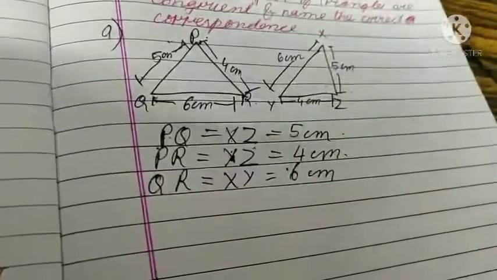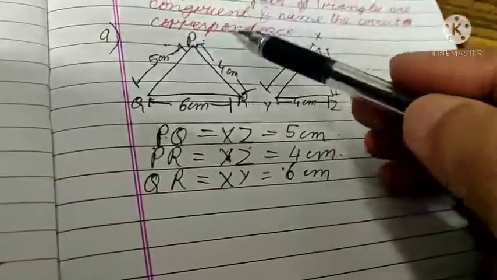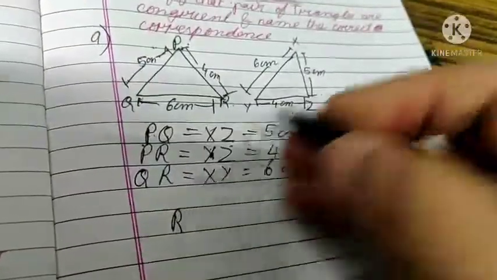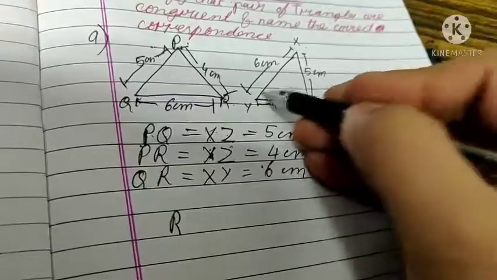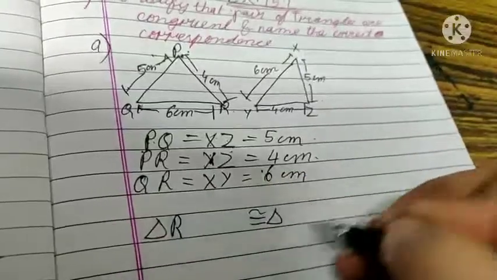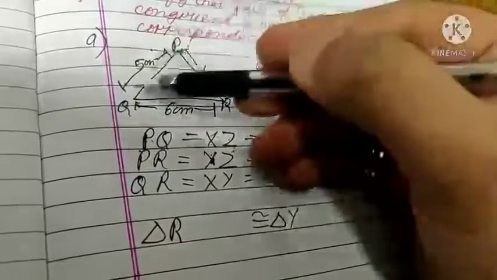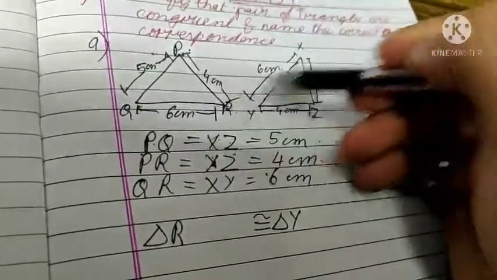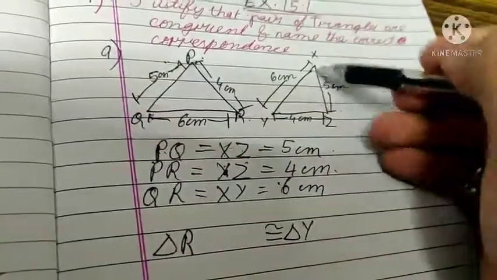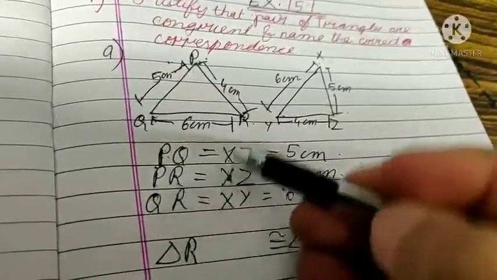So what we will do, we will take the superposition method and take the point just in front of it. In front of PQ is R. So R of this triangle, and XZ is equal to Y. PQ is equal to XY, and in front of XZ is Y. So R is equal to Z...